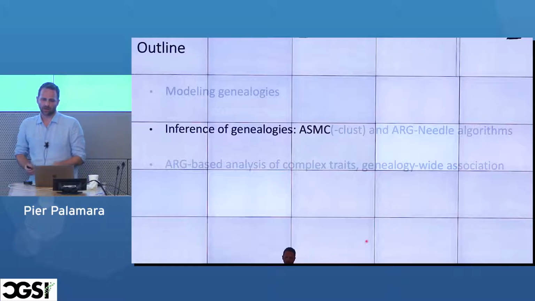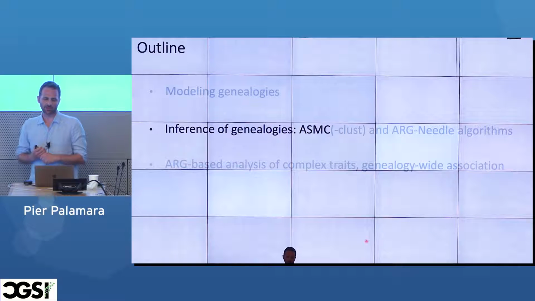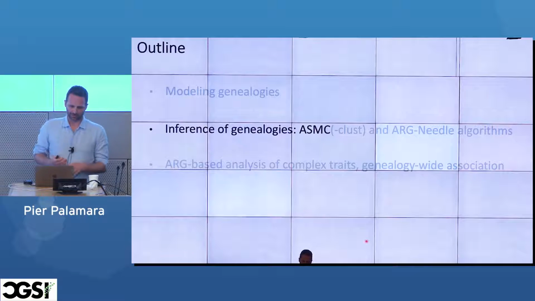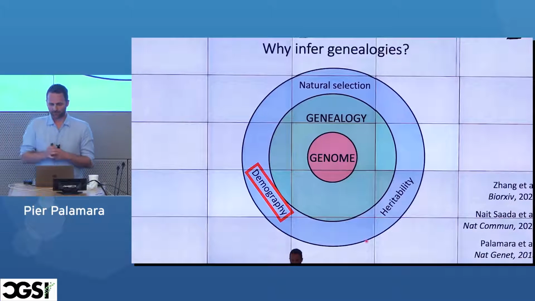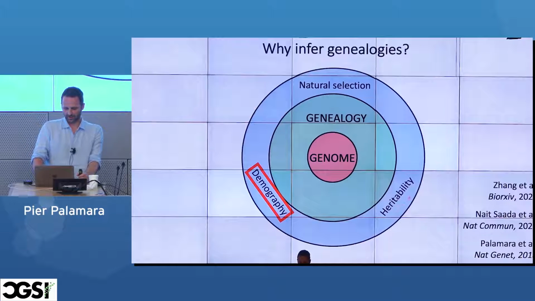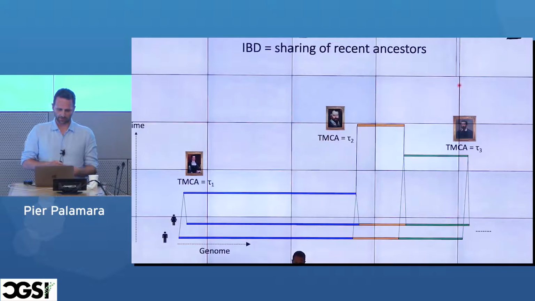Okay, so I'll briefly show you a couple of examples of what we can do with this kind of information, or other methods you can build on top of this tool. And I said I would focus on, the title is about complex traits, so we'll get here eventually, and I'll spend a bit more time, but when I get there, I'm going to show you a couple of things about demographies, demographic history, and also natural selection later on. So with this tool, we can do a few things.